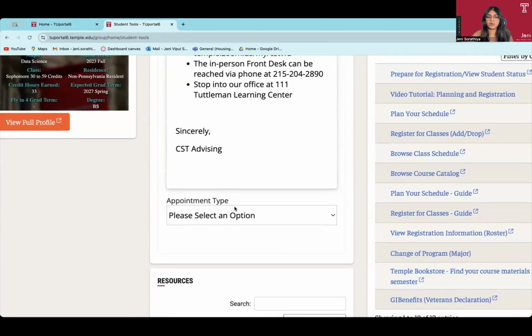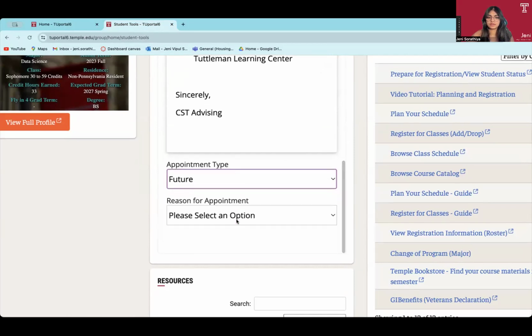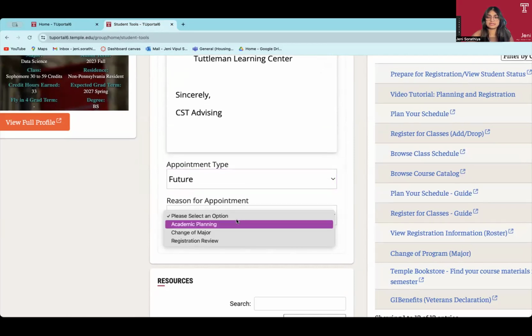And then you will scroll down to the bottom, appointment type. So we offer future appointments and same day appointment as well. So right now we only have the option for future appointments. So let's do future and select the reason why you want to meet with your advisor. So let's say I want to meet and discuss my academic planning,